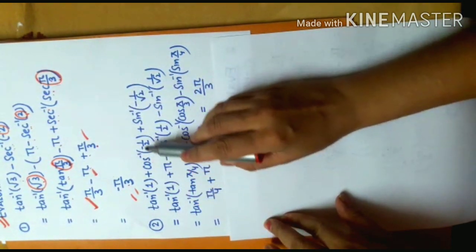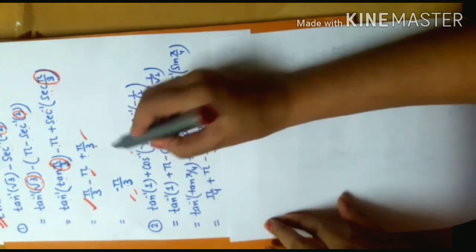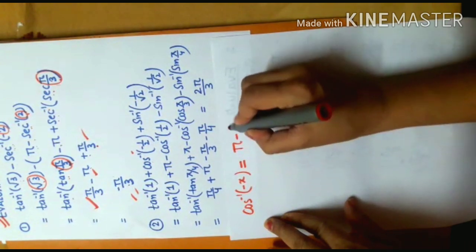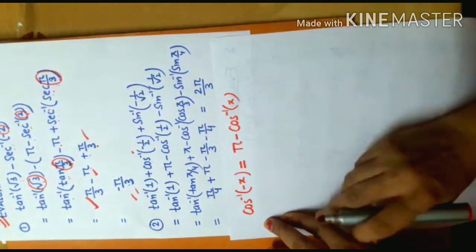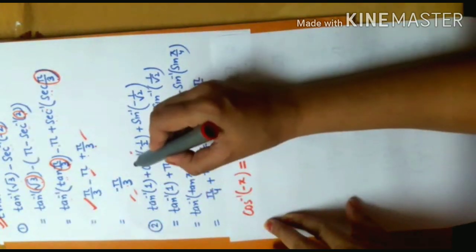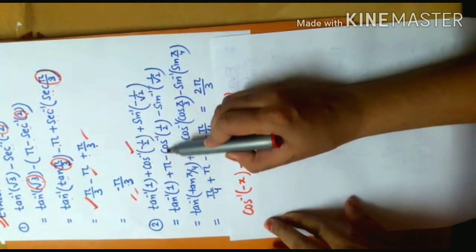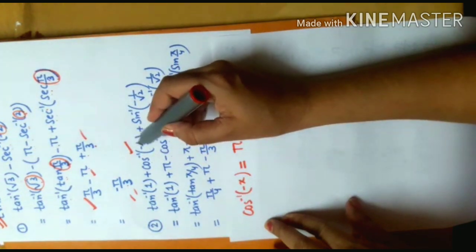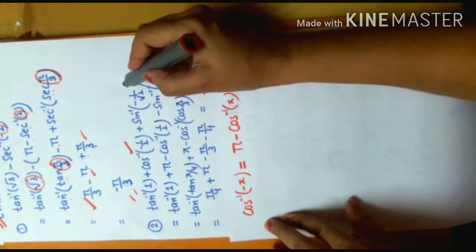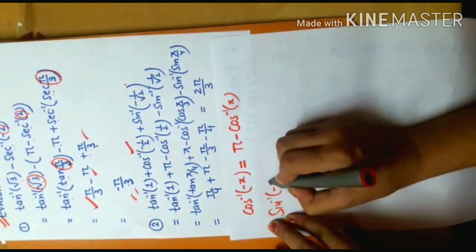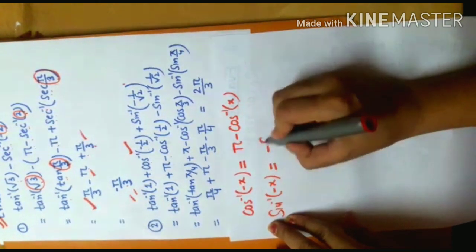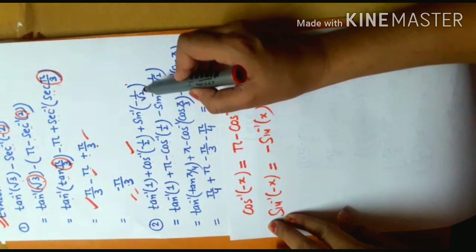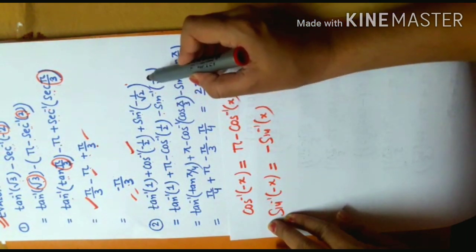First of all, I'll handle the negative sign here. Yes, cos inverse minus x is equal to pi minus cos inverse x. So I can write this as pi minus cos inverse 1 by 2 because it is minus x. So the role of x is being played by 1 by 2. Similarly here, sine inverse minus x is equal to minus sine inverse x. So I'll write sine inverse minus 1 by root 2 as minus sine inverse 1 by root 2.